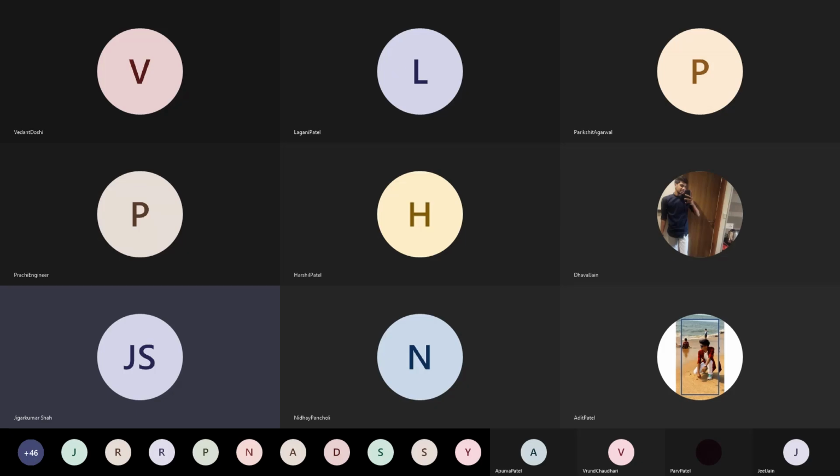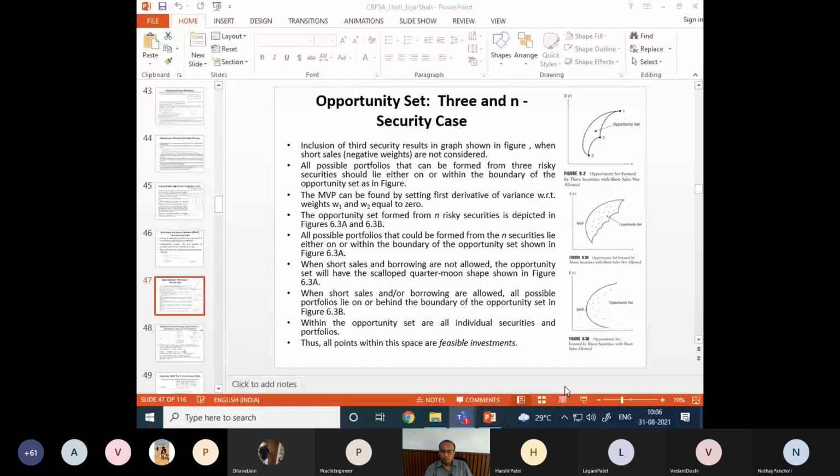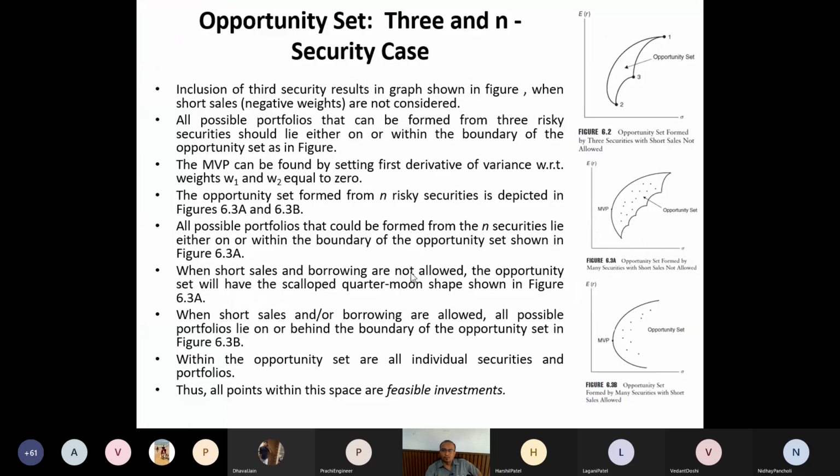What we have done in the last week, and then we go to a very important concept in this week, which is related to the capital market line, CML, and CAPM, capital asset pricing model. It is a model of the market. Okay, so let me now recall what we have done in the last week. So let me go into slideshow mode.